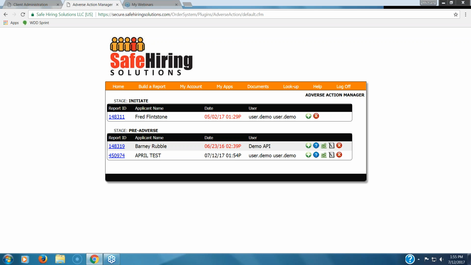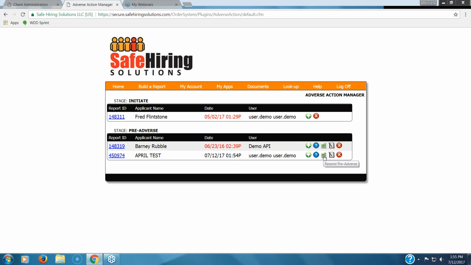I apologize, our demo computer is not always the fastest. Once you hover over this and click resend, you're able to initiate the adverse action process, which is in general